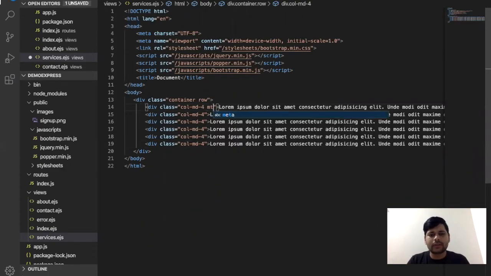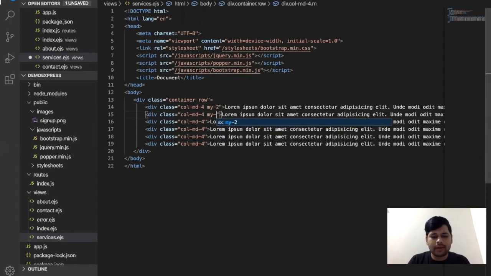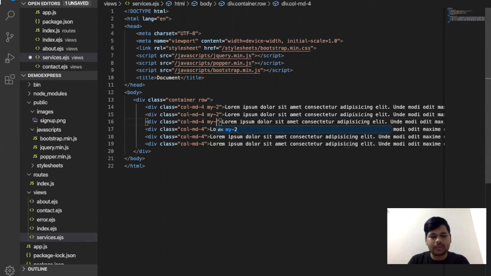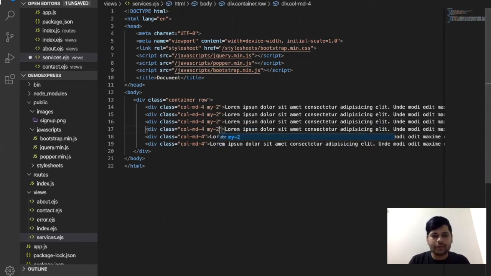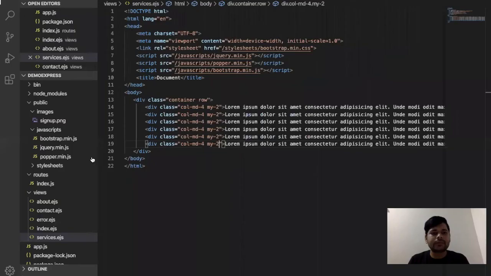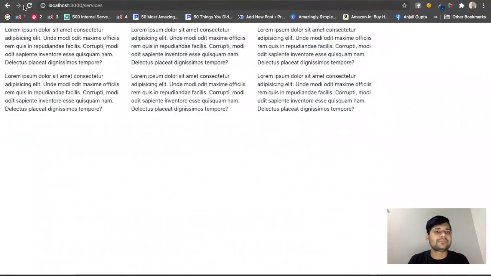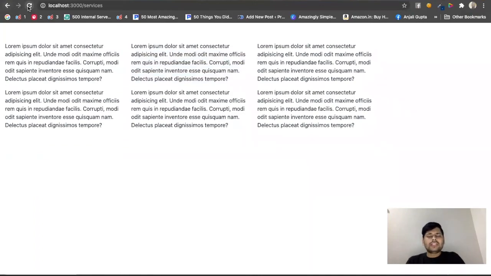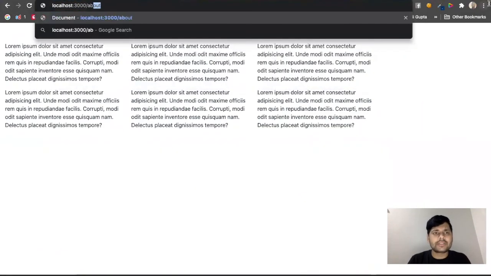If you want to make some like this stuff, you can simply write my2. That will make a much better approach, right? You need some sort of differences. My2, my2, my2. That's it. Now you will see, right? So this is about the things if you want. Because in the services, you can see the stuff like this. If you need some more space, you can simply write mt5, that is margin from the top with a 5. That's it. So guys, this is our services page,